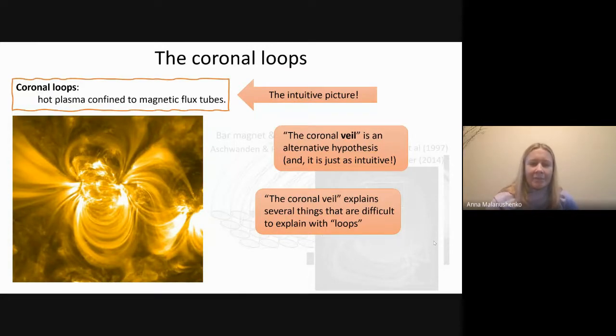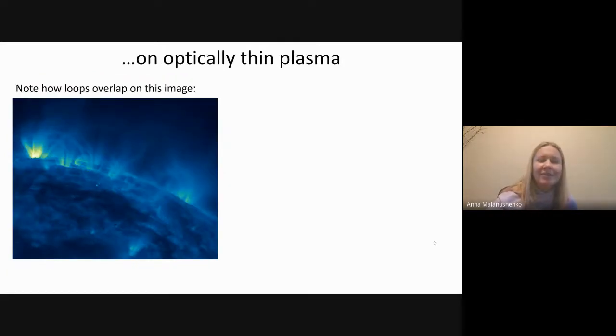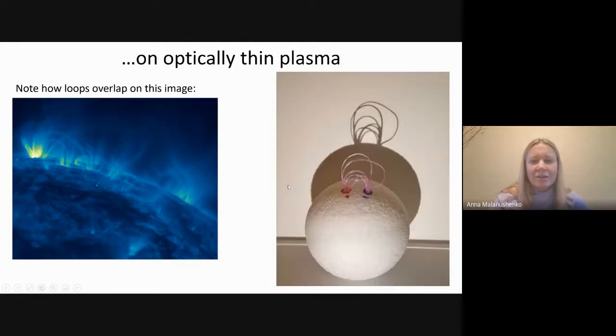So in order to go to the coronal veil, let's also go over the optically thin concept of plasma. The thing is that given that we see throughout the entire solar corona, the images of individual strands overlay, and what we see is the composition of them, not unlike in this cutting-edge simulation, a shadow of this styrofoam bowl with little simulated flux tubes.